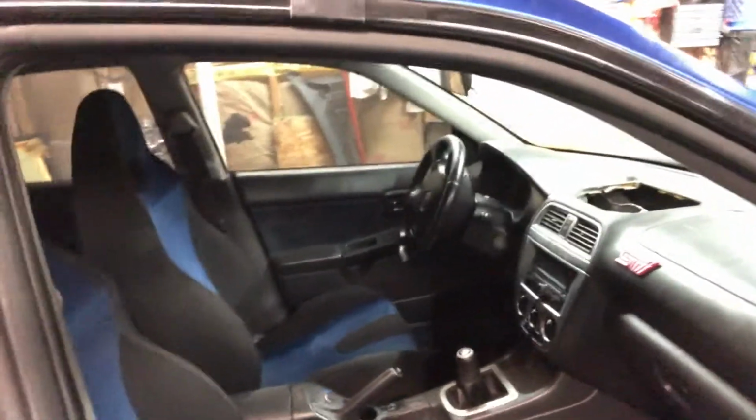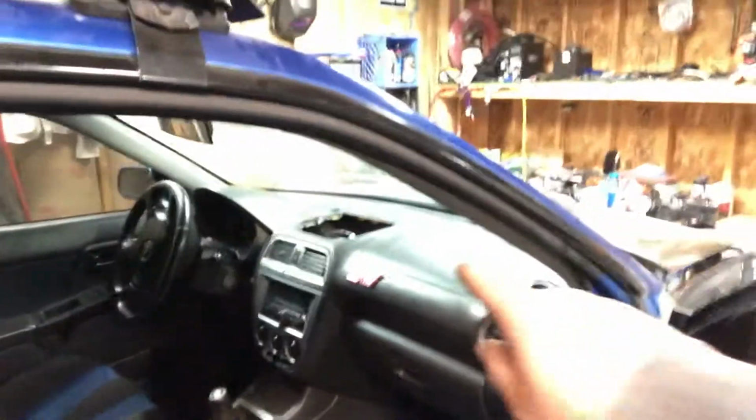I got a little bit of work done today. I got the new seatbelt put in and the driver's side seat put in and the gauge cluster and everything. So, and I've got the ECU and the ECU kick plate put in. So basically the interior is finished, other than I'm going to eventually be getting the gauge pod, and so I